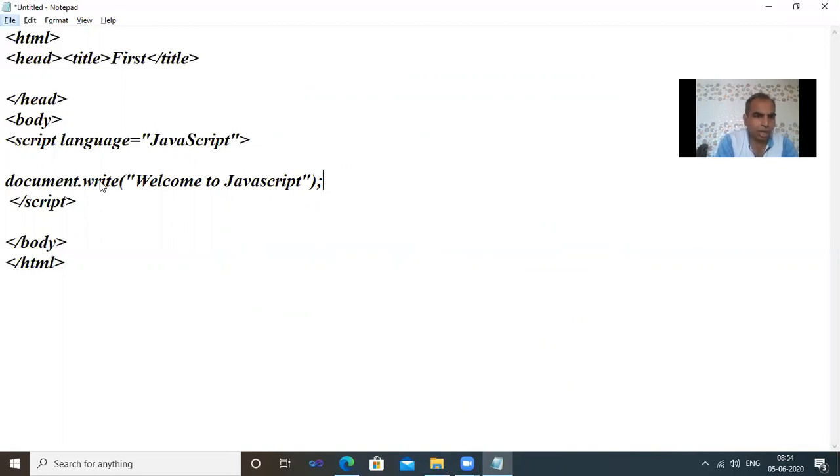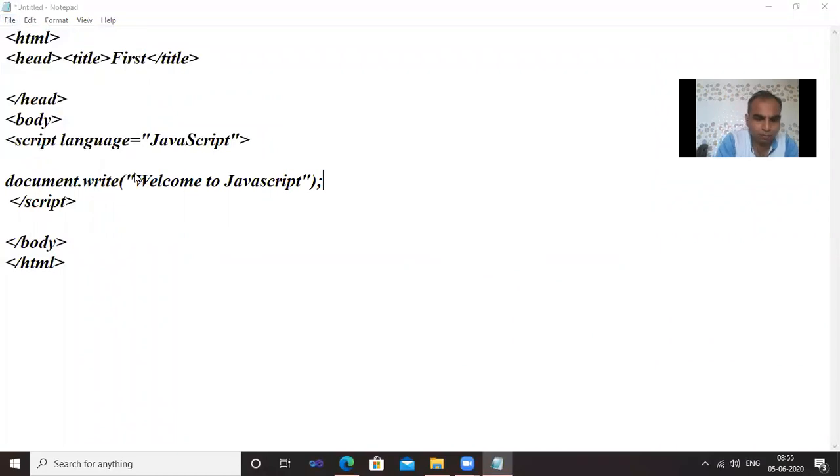Now document write: document is the object, because JavaScript is a DOM, document object model. Dot write, that means dot separates the property or method. So dot write is a method because we write it with simple braces, inside there we write the double inverted commas, and we write the statement. So each statement will display, but this is a special statement, a scripting statement.